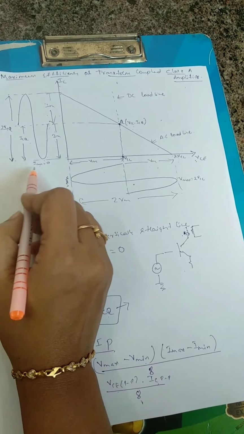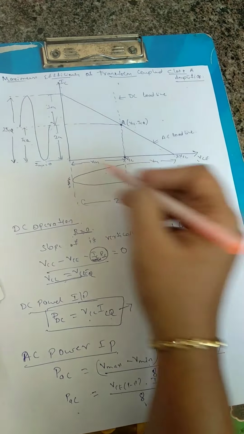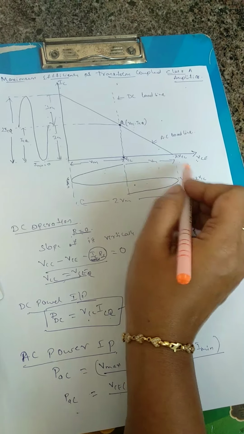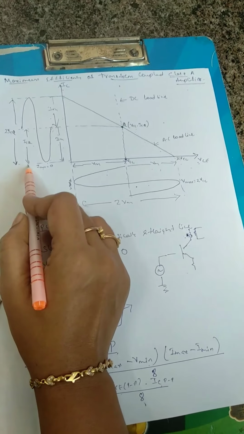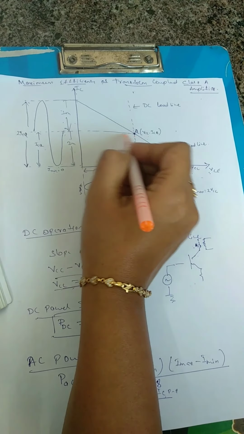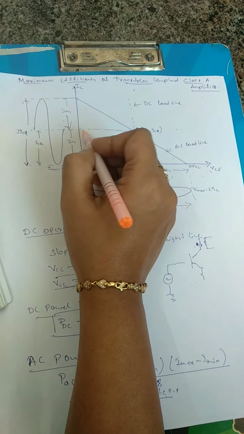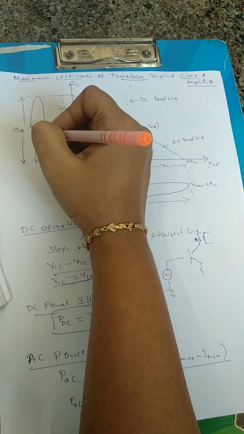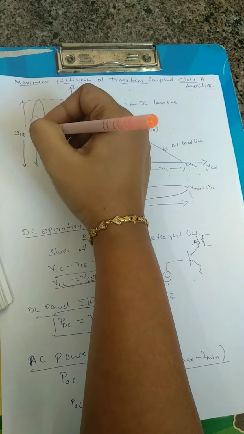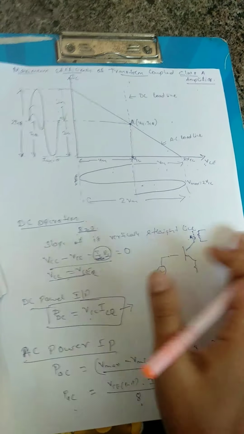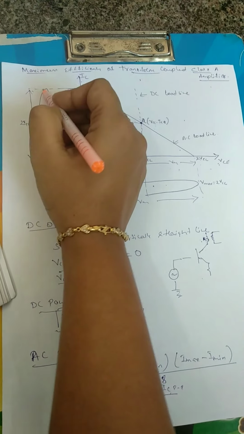Okay, so now we can say the maximum swing of the current and voltage, that is VCE and IC. The maximum current swing is from 0 to 2 times ICQ. This is the Q point. At the Q point the current will vary. It can be this much, this much, this much. Now we are calculating the maximum swing, that is from I minimum to 2 ICQ.